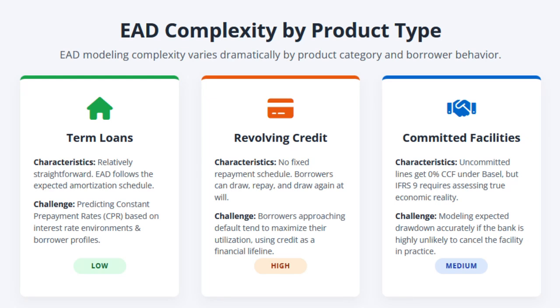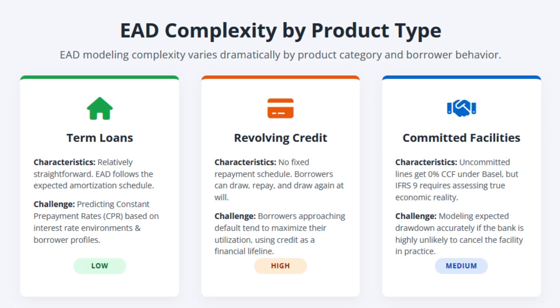Now let's talk about some challenges based on product specifics. EAD modeling complexity varies dramatically by product type. And let me walk you through the key categories. Term loans and mortgages. It's relatively straightforward. EAD follows the amortization schedule adjusted for prepayment behavior. Your main modeling challenge is predicting the constant prepayment rates, that is the CPR, based on the interest rate environments and borrower characteristics. Next is the